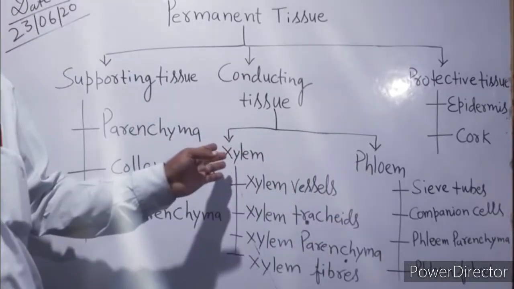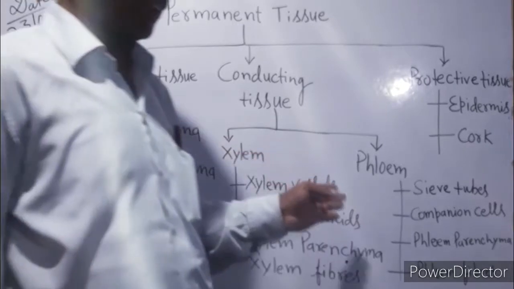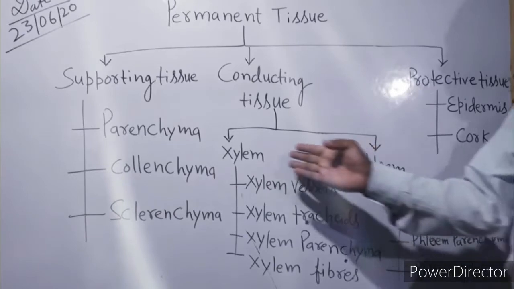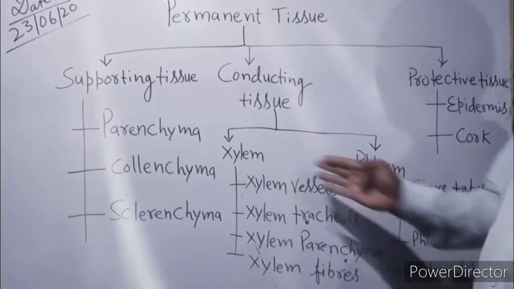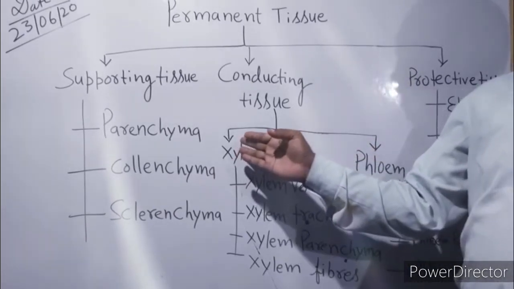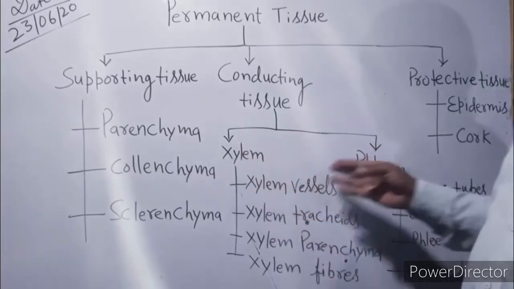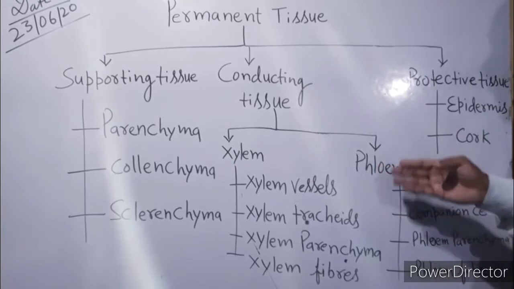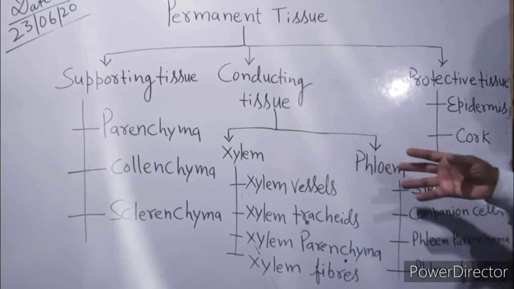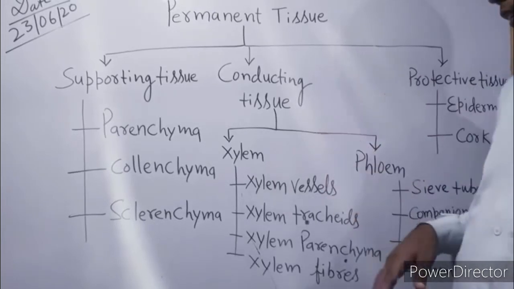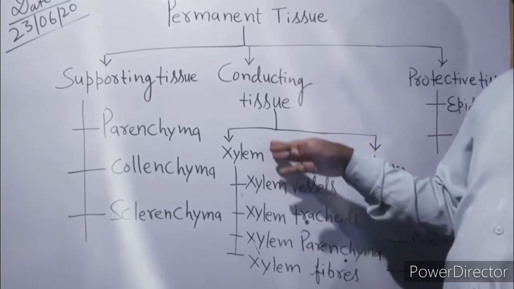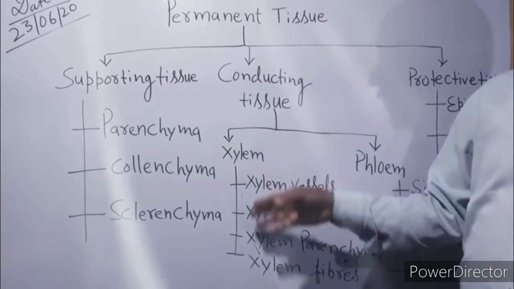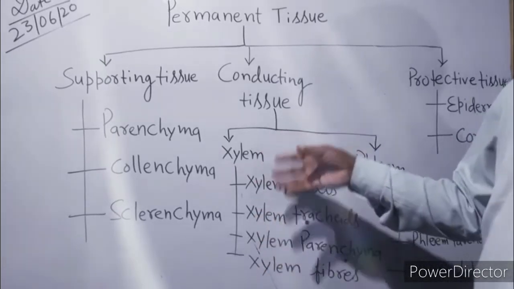Yes, we know from the earlier classes, in the 5th, 6th or 7th, what the work of xylem and phloem is. Xylem is responsible for the conducting of water and minerals, and phloem, what does phloem do? The work of phloem is to transport the prepared food materials through all parts of the plant. But in the ninth class, we will have to discuss which cells help in doing these works.